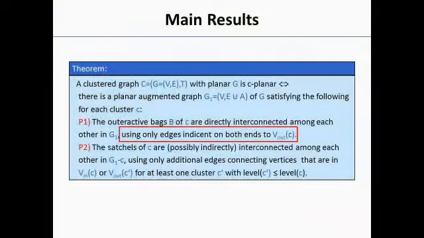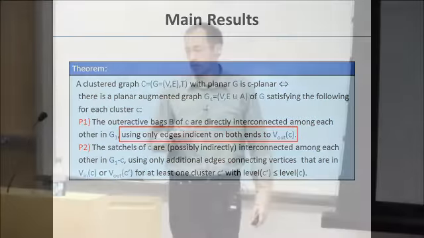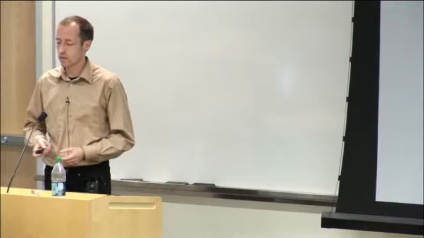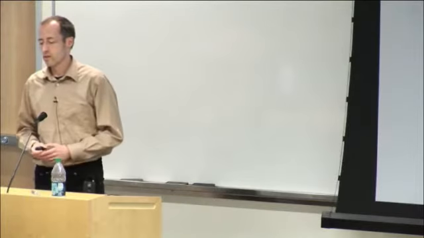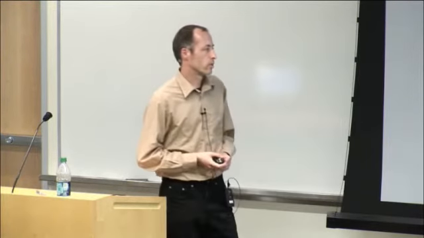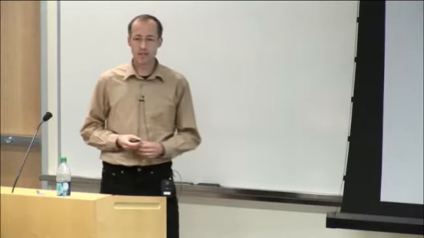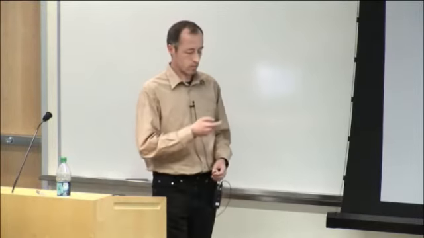So the theorem, much less intuitive, is saying a clustered graph with a planar underlying graph is C-planar if there's a planar augmented graph that satisfies basically two criteria. The first one is the outer active bags of each cluster are directly interconnected using only outer active vertices, and the satchels are interconnected using only vertices that are either inner active or outer active with a level not deeper than the level of the cluster. So I guess as I only have 1 minute, I just skip the proof